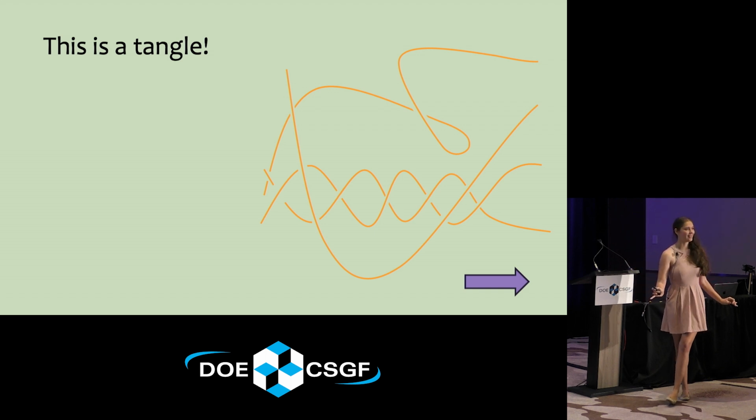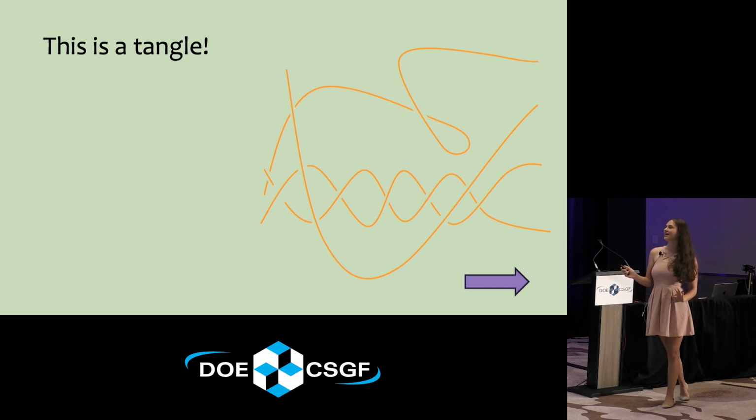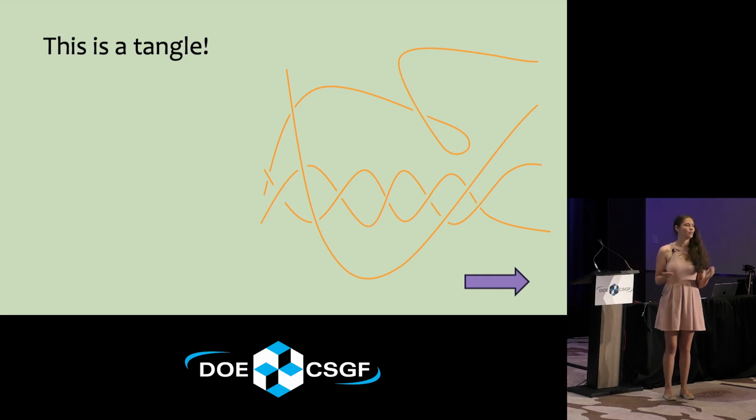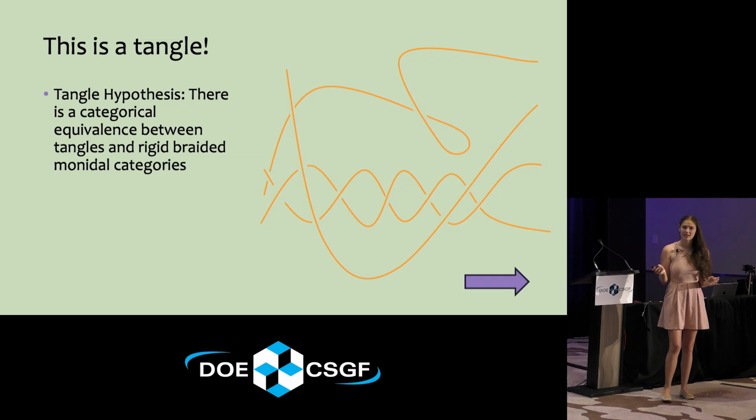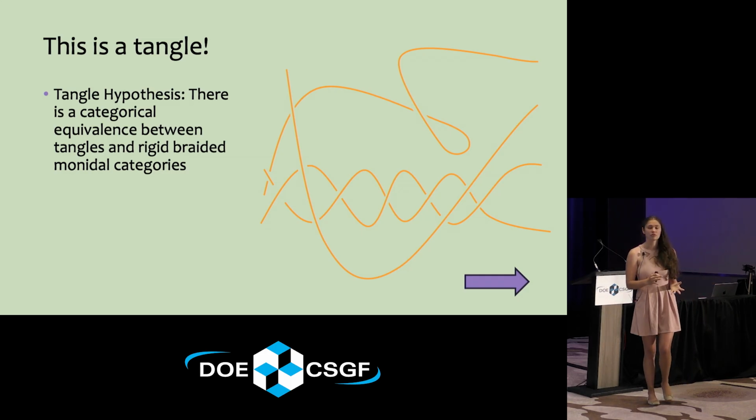And if you've done any math, especially knot theory, you might recognize that this is a tangle. This is a knot diagram. We got over and under crossings, it's strings all put together. Tangle just means you have a bunch of strings on either side, and then they can do whatever they want in the middle and twist, but the edges are fixed, which means we can leverage a rather strong mathematical result